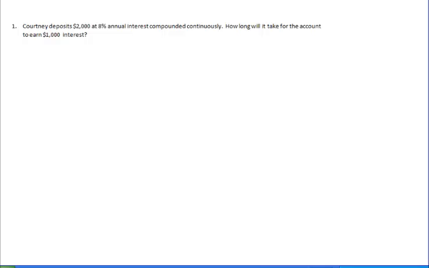Alright, so Courtney deposits $2,000 at 8% annual interest compounded continuously. How long will it take for the account to earn $1,000 interest? So on this one, the keyword here is continuously compounded interest, which is going to be the formula P-E-R-T